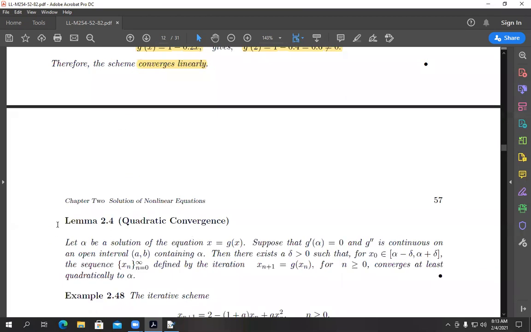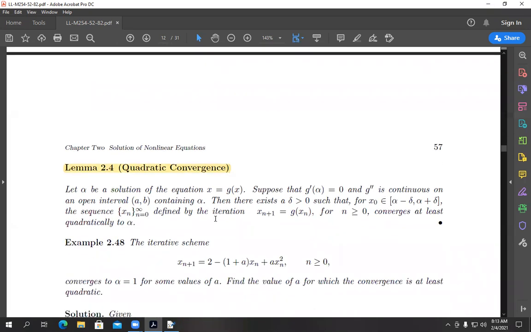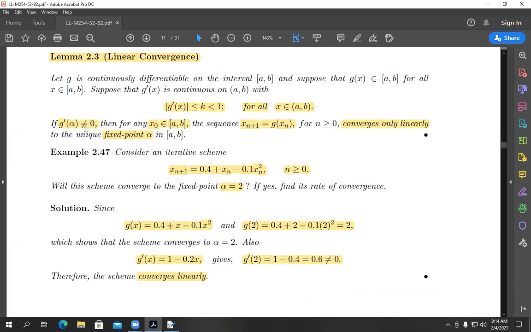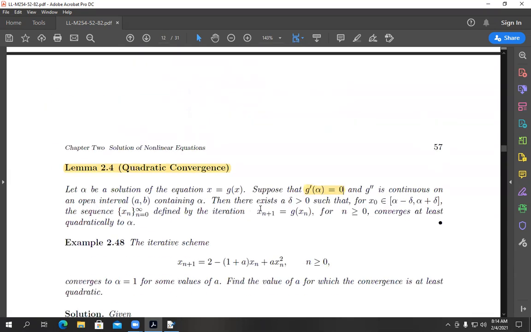The same way we can go for the quadratic case, which we say r equal to 2. And what is that one here? The opposite of that one here. We say that if alpha is the solution of the given equation, then we can say g dash alpha is equal to 0. Here, linear case, we say what? g dash alpha should not equal to 0. We say linear convergence. And here we say if the g dash alpha is equal to 0, then we can